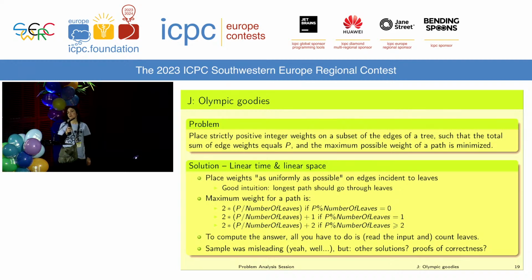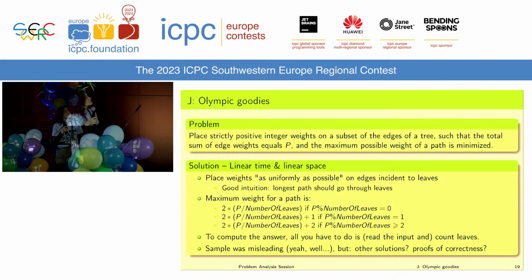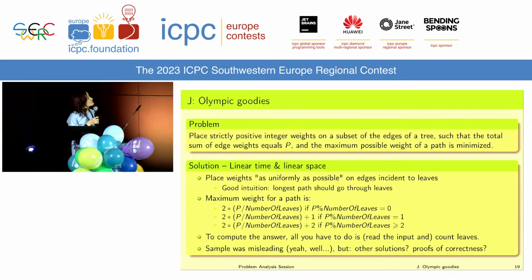Now, this problem was about placing strictly positive integer weights on a subset, possibly not all, of the edges of the tree, such that the sum of all these weights equals some given largish integer p. And then, importantly, we want to minimize the cost, the length of the most expensive path in the tree. And so one provably correct solution to this is to place all the weights only on leaf edges, that is, edges that are incident to leaves, and furthermore try to place these weights